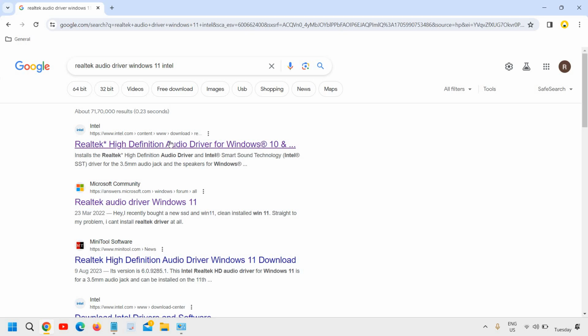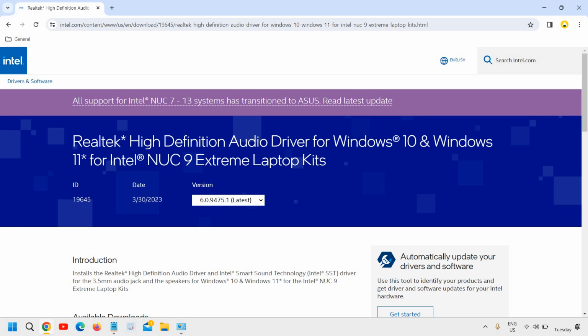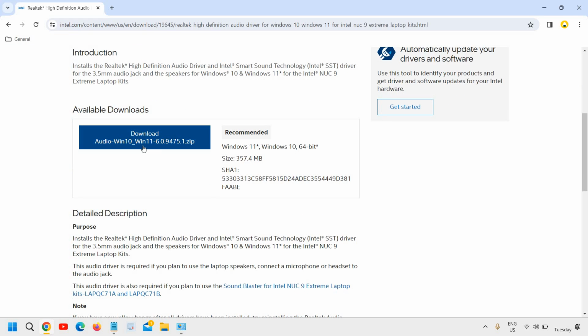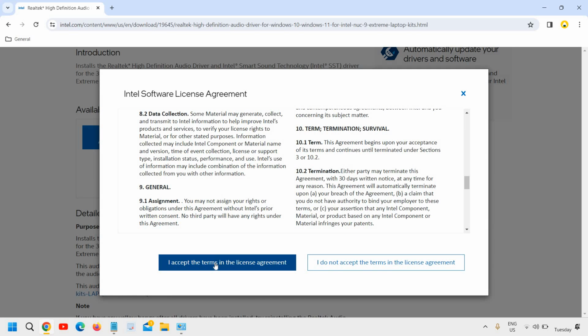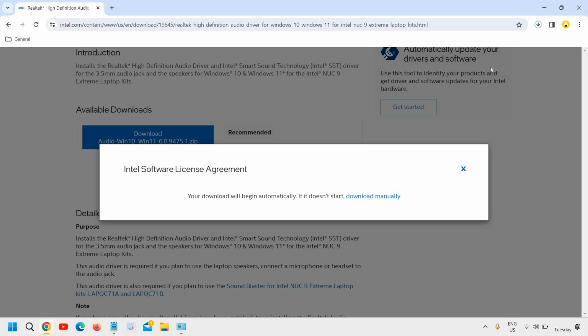The very first result will come, intel.com, Realtek high definition audio driver for Windows 10 and Windows 11. You can see the date, and from here you can download the zip. So it says Windows 11 and the size is 357.4 megabyte. So I'll click on download and I'll click I accept, and very soon I see that it's getting